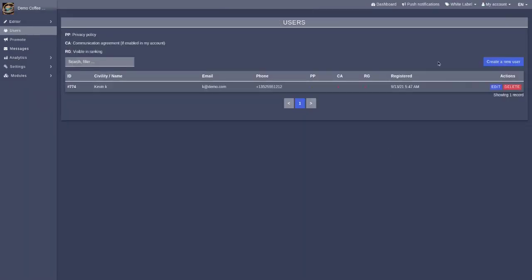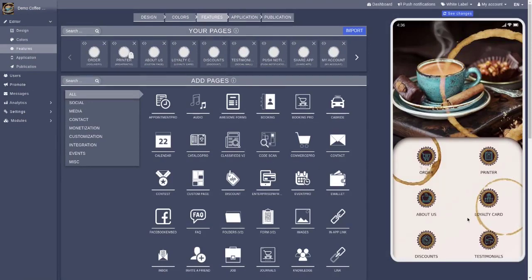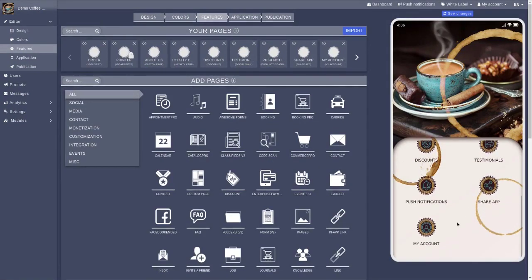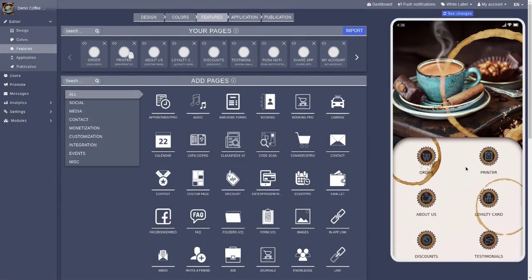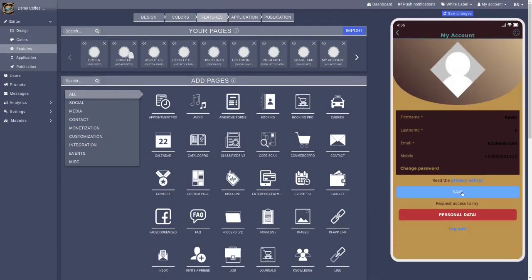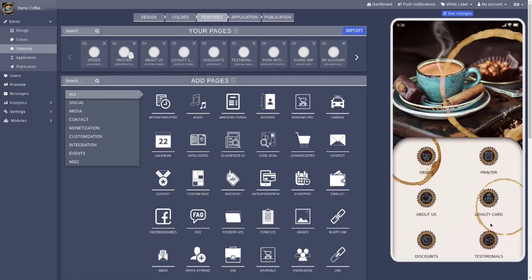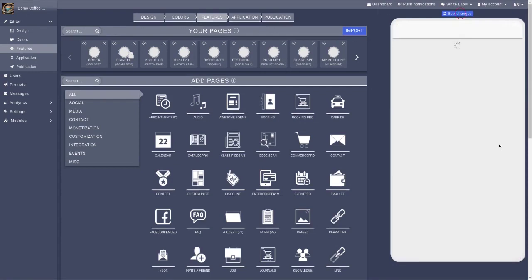Once you do that, you won't be able to see, and I'll show you how that works. Let's go here to features again. And notice here we are. You can see My Account. You can see all these things. You don't see the padlock because that's hidden, but you still see the printer, right? Now, watch what happens when I log out. So if I go here and I log out, and then I refresh the screen,